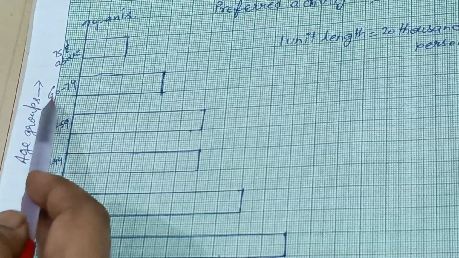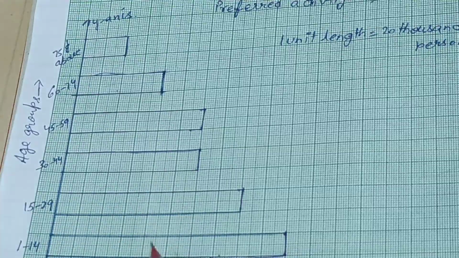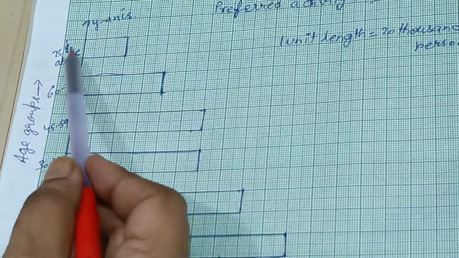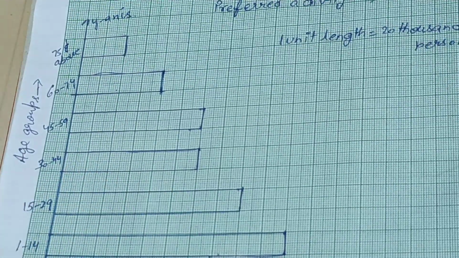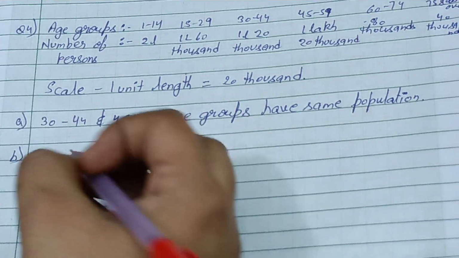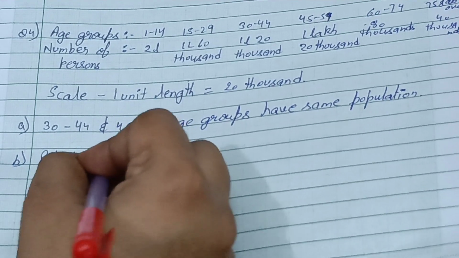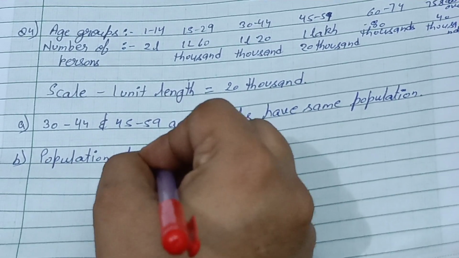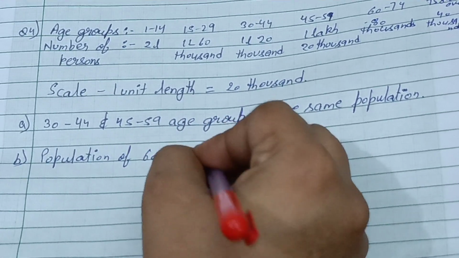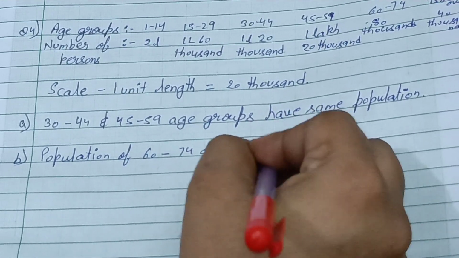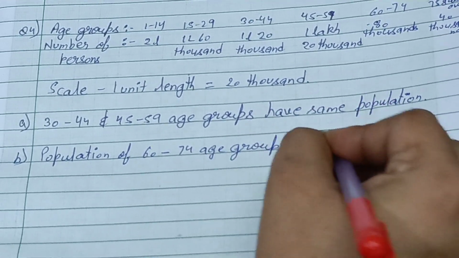So what we will do, for 60 to 74 population is 80,000 and for 75 and above population is 40,000. So we will write here population of 60 to 74 age group is 80,000